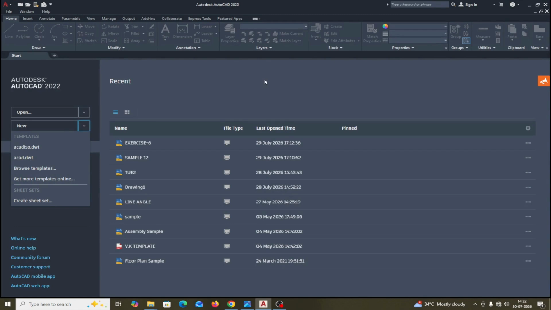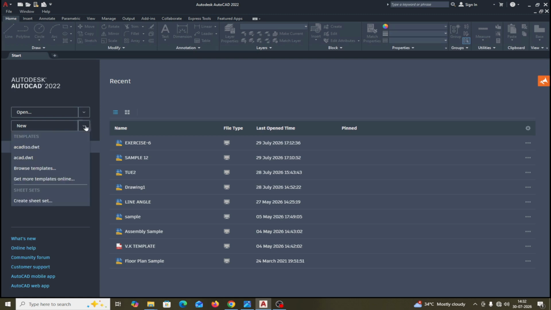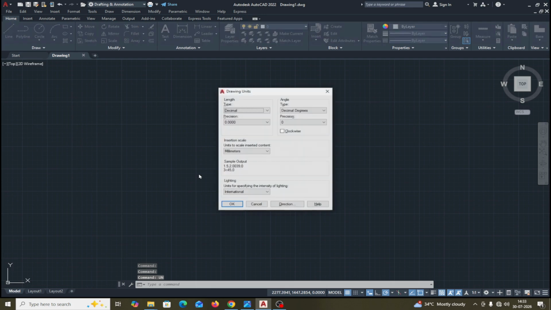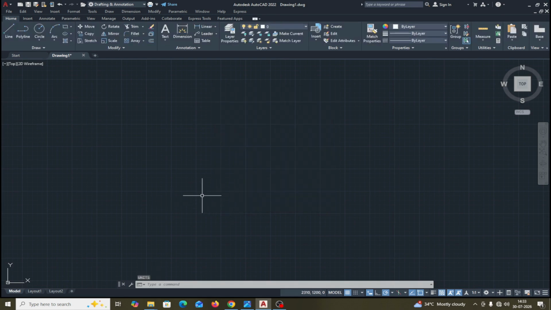When you open AutoCAD, this interface will come, and click from here. You can select the AutoCAD ISO template, this one. If you don't find it here, you can browse and find it from here. I am selecting AutoCAD ISO. This interface comes. Now the unit you can set up, this will be millimeter. Precision you can select 0, international. Now I will start from